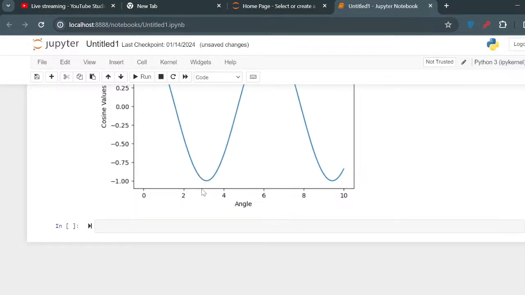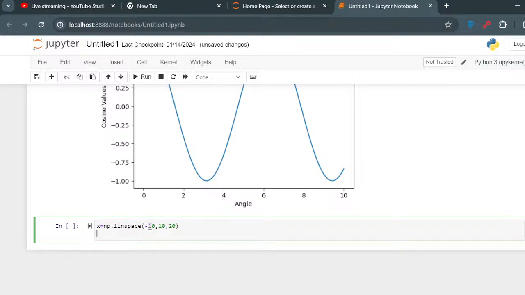Now suppose somebody wants to draw the graph of a parabola. Okay, so you have to give the x values. So suppose I am giving you np dot linspace. And this time I am giving from minus 10 to 10, and suppose I want total 20 values, and y is simply x square. Now I want a parabola, so x square. I told you when I told you about the exponent operator, that you have to use this double multiplication sign,